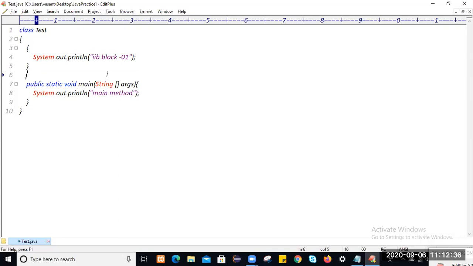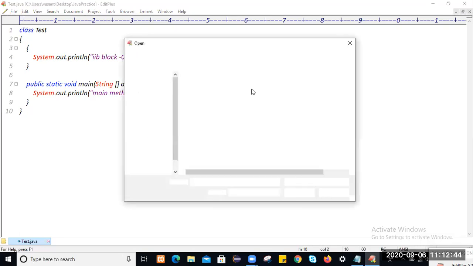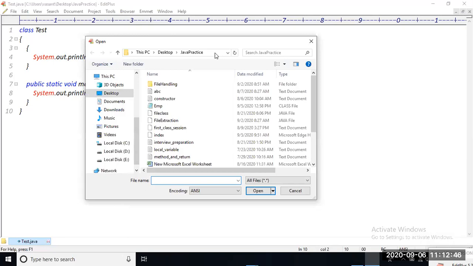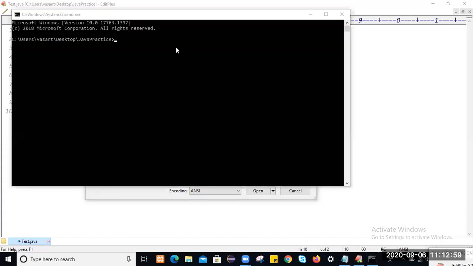Okay, let me compile this. Just go to the location where this file is saved. Let me save it with Control S. Copy this location, or else just type CMD here.